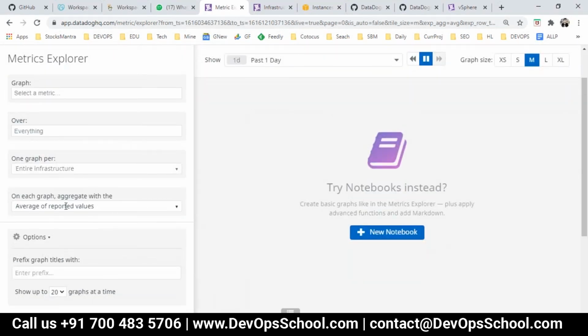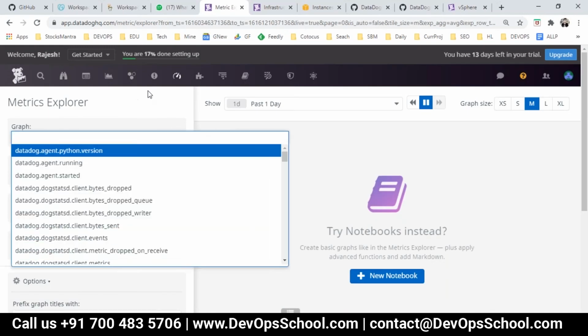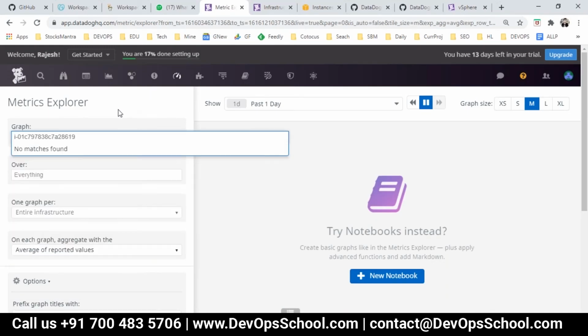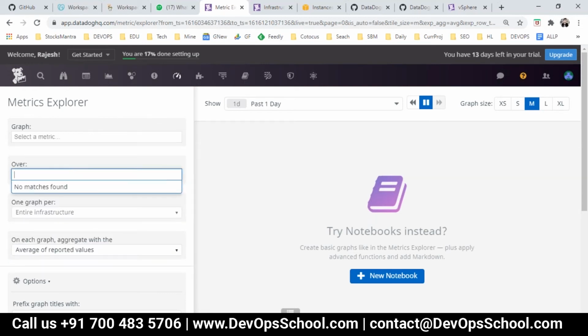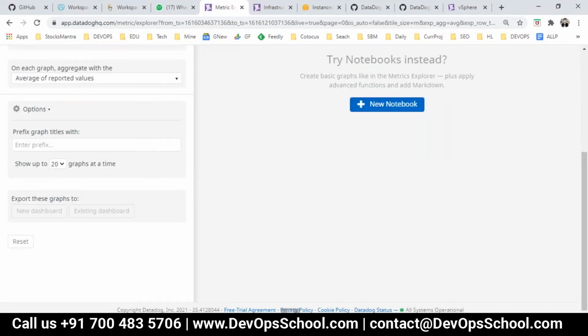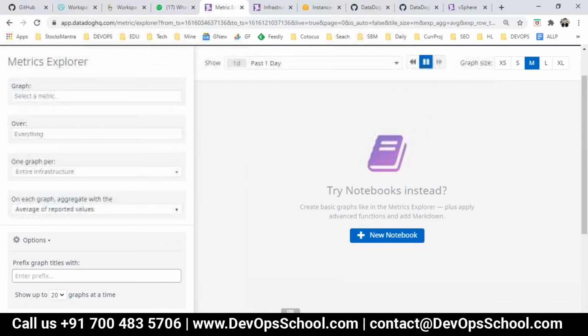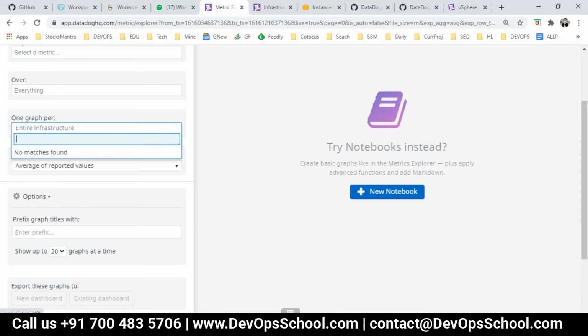Automatically this should be populated. I think it will take a few minutes to detect it because I just started that agent.